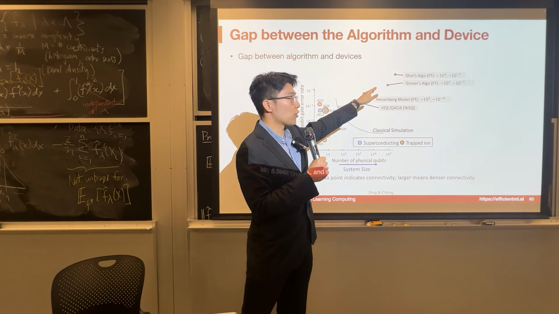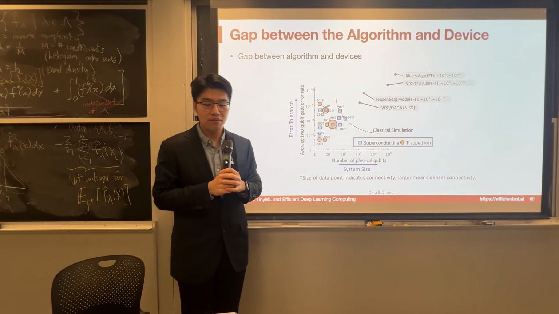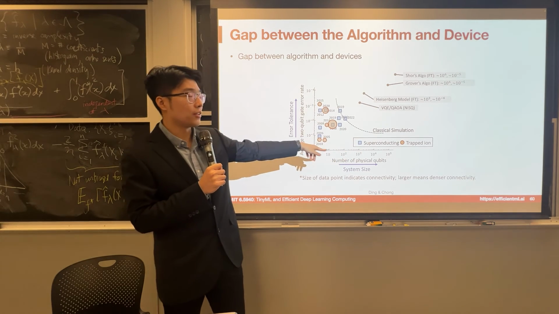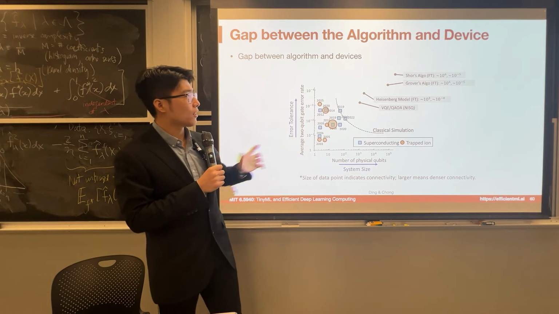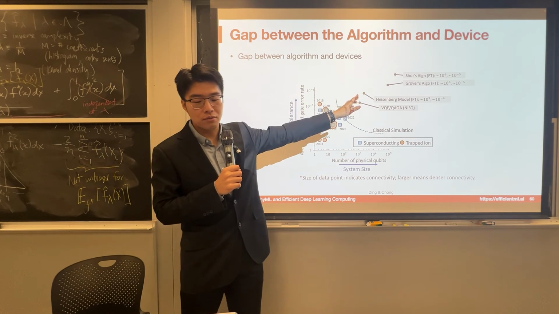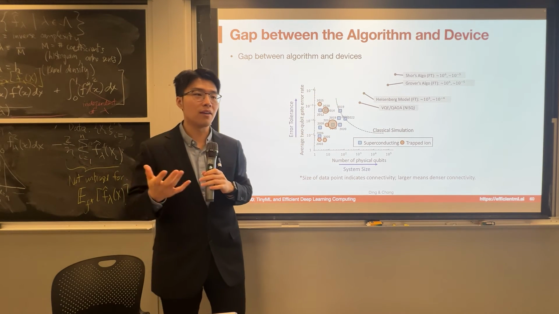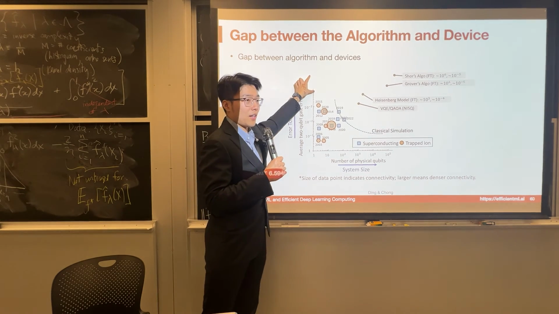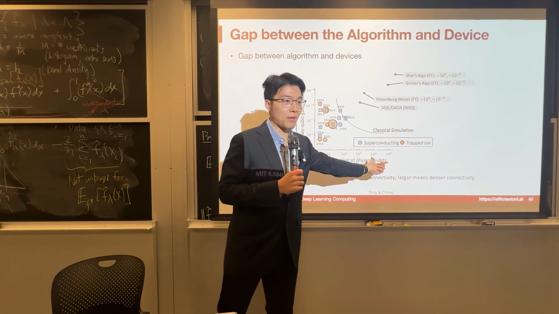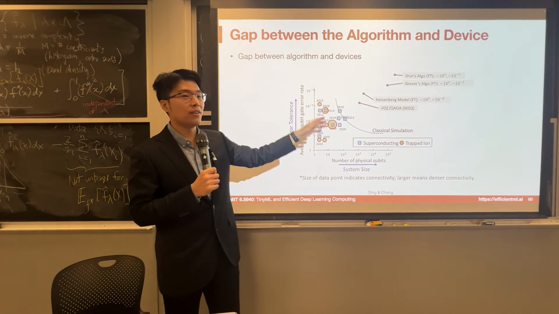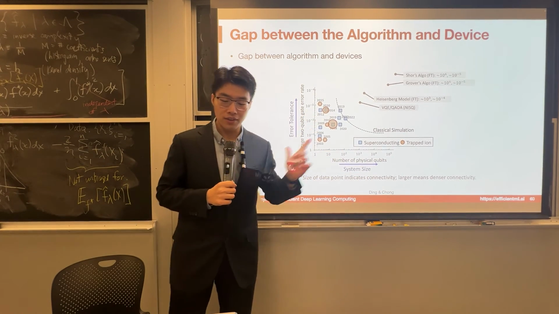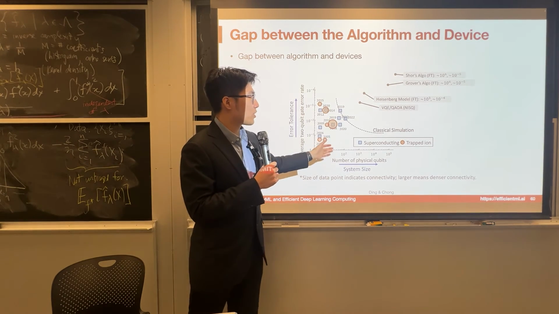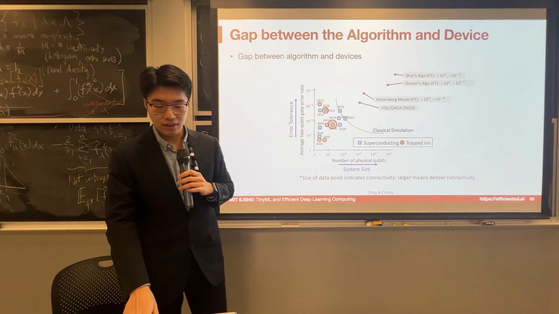But for those Shor's algorithms, for large integer factoring, that still requires maybe 2 or even 3 orders of magnitude larger quantum machines. And the error rate required is around 10 to the power of -5. So in that case, we can see there is still 1 order of magnitude on this dimension and maybe 3 orders of magnitude on that dimension to achieve the final holy grail of quantum computing advantage. So there is a gap between the available machines and the requirements.